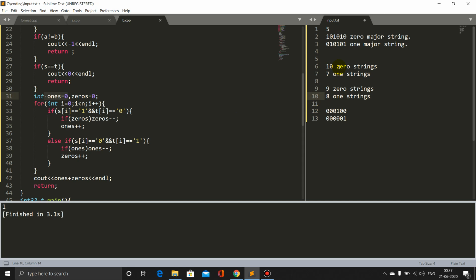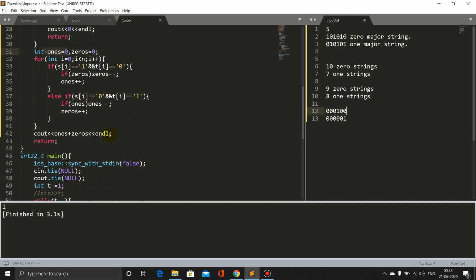And if the number of 0 strings is 0, then we will simply increase the number of 1 strings and mark it as the new beginning. And if we have the other case, Si equal to 0 and Ti equal to 1, this time the case is reversed. For example, let's look at the last bits. When we add 0, this time we will decrease the number of 1 strings and increase the number of 0 strings.